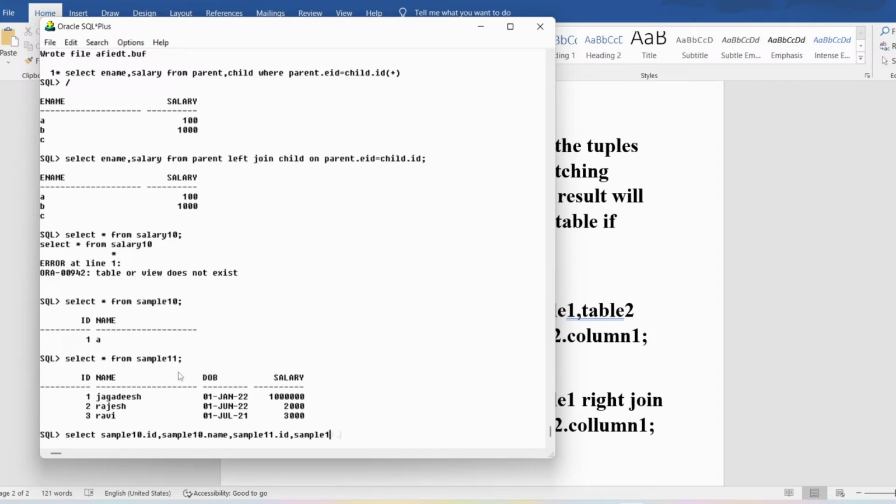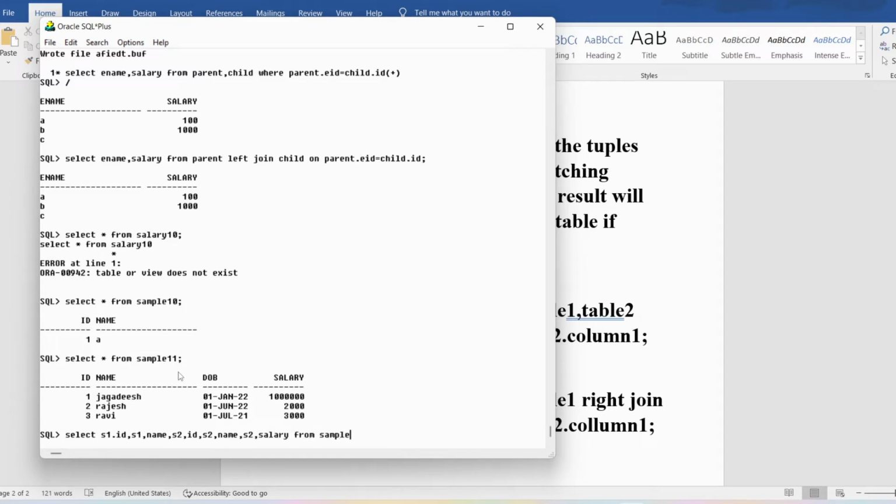We need to do the aliasing properly. Let me write it properly. Let me write S1.ID, S1.name, S2.ID, S2.name, S2.salary from